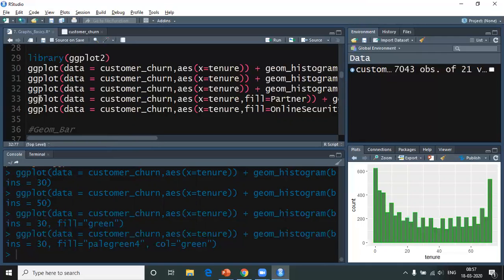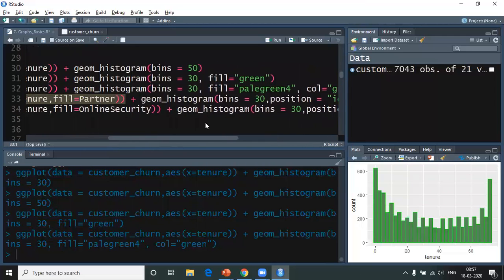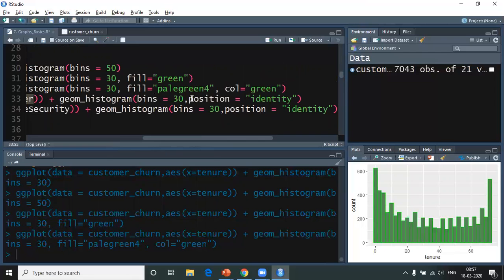Within my ggplot functionality, I'm now adding another layer, which is partner, and I would check how partner would function. Okay, and I would keep the position as identity.